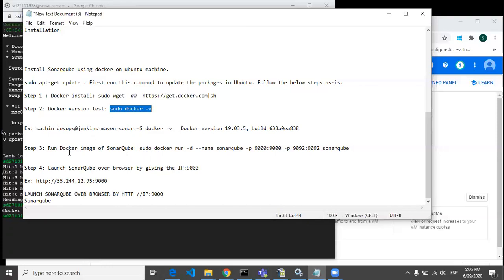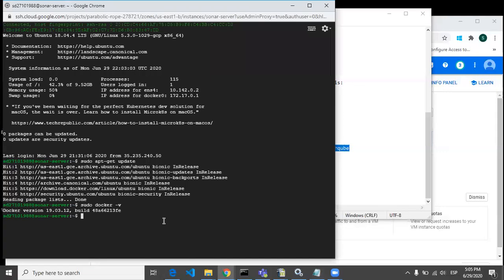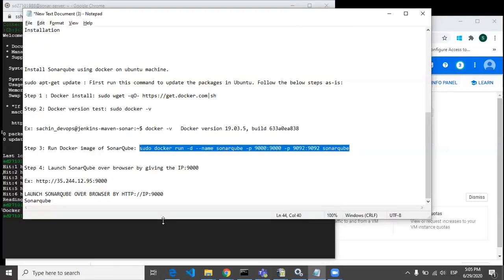Then you have to run the Docker image of SonarQube. This is the command you need to execute on your Ubuntu machine. I already installed SonarQube on this Docker machine, so I will directly show you.